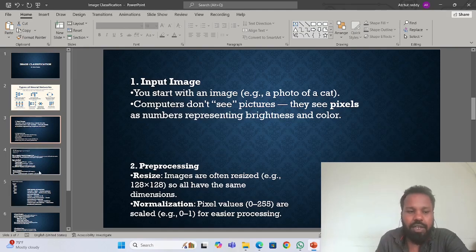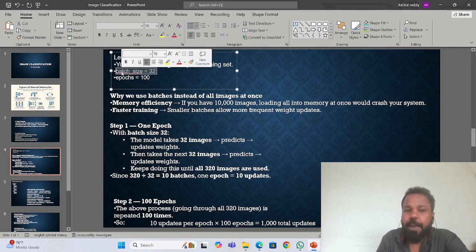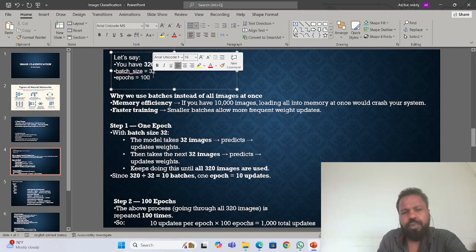Then you need to understand the batch size. I have given the batch size, and you have to understand why. If we give the batch size equal to 32, and then epochs equal to 100, then epochs is equal to